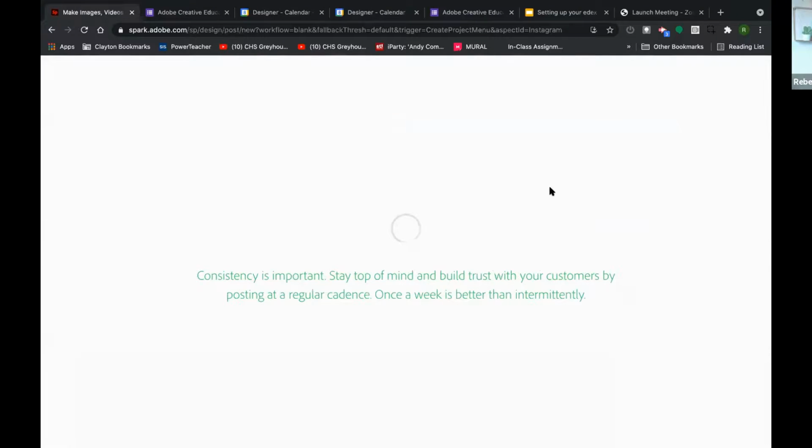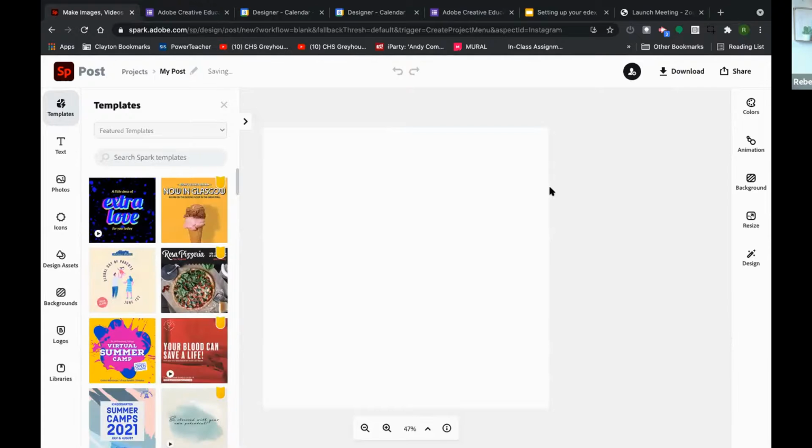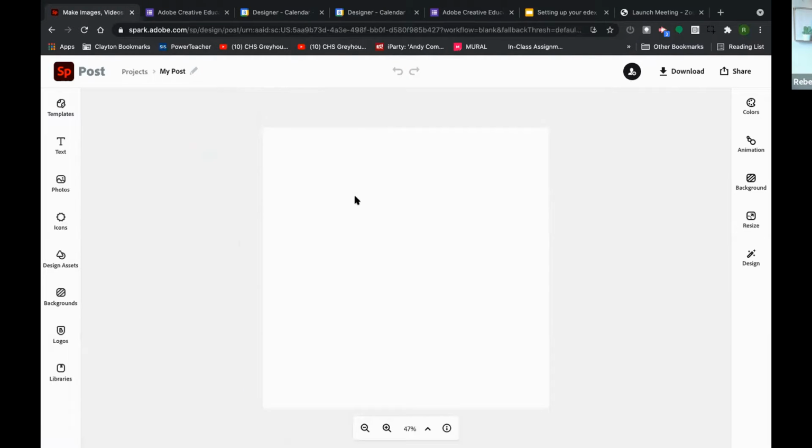So rather than starting from a template, I'm going to choose the text and add it in, and then add a background image in as well. So I'm going to close up my templates. Basically Spark just gave me a blank piece of paper, like you might give to a student. Think about this square as a blank piece of paper. I'm going to add some text onto it. So the first thing that I want to do